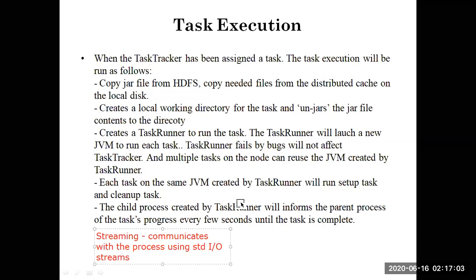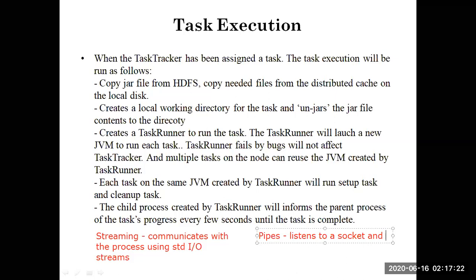And if you talk about pipes, it is something like an interconnectivity interface. Pipes, it listens to a socket. I will tell you what is called a socket. It listens to a socket and provides you the port number for communication.